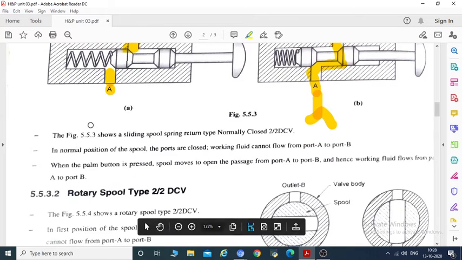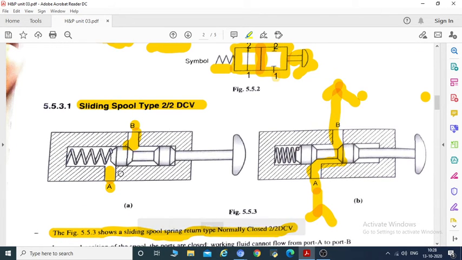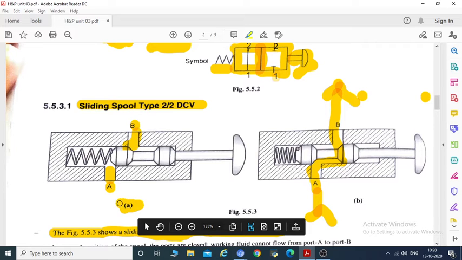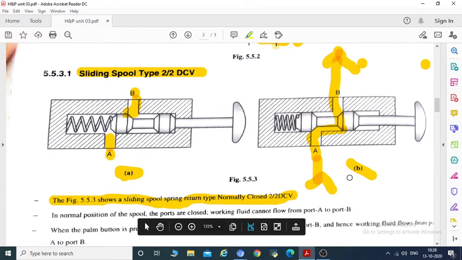Okay, so here you can see figure 5.5.3 shows the sliding spool spring return type normally closed 2 by 2 direction control valve. So this is the position for the normally closed type valve and this is the position for the normally open type valve.